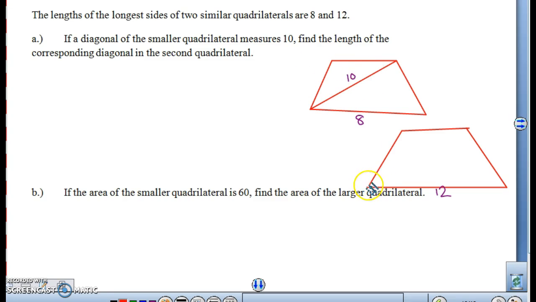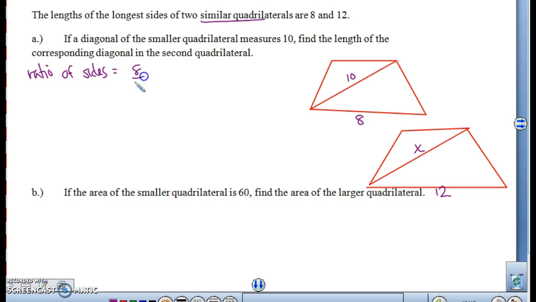And I'm going to draw the same diagonal in the other quadrilateral, but I don't know what it is. So I want to figure out what that diagonal is going to be. All right, so what we need to know is what the ratio of the sides are. Now these are similar quadrilaterals, so the ratio of the sides, or the ratio of similitude,